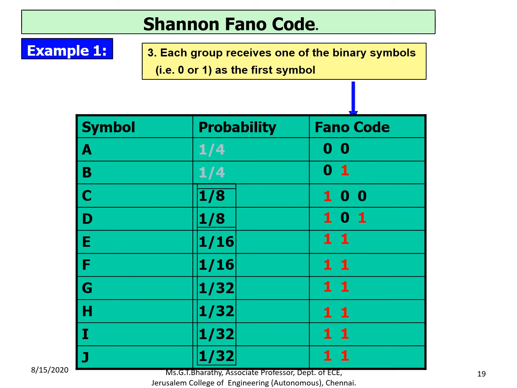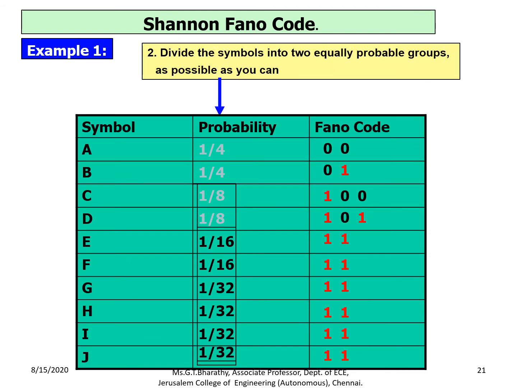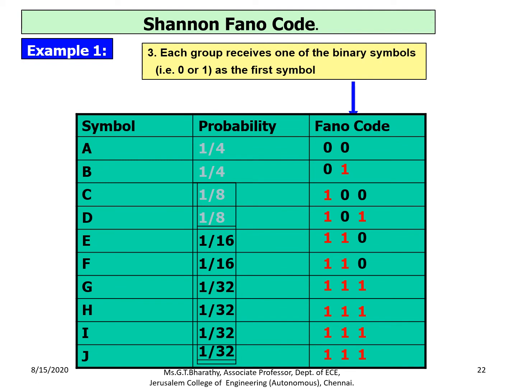Moving on to the bottom portion, we have to again split this bottom portion into two equal probabilities. So how will you do that? Take 1 by 16 plus 1 by 16 as one group, which will be equal to 1 by 32 plus 1 by 32 plus 1 by 32 plus 1 by 32. So you are splitting here, where the top portion is given 0 0 and the bottom portion is given the value 1 1 1 and 1. Hope you are following it. So this step has to be continued further.